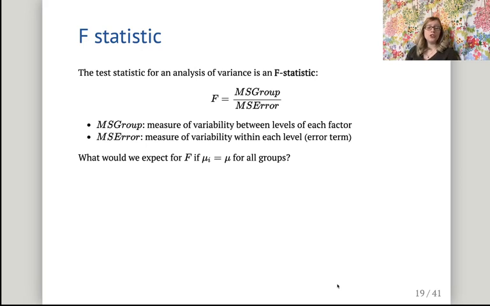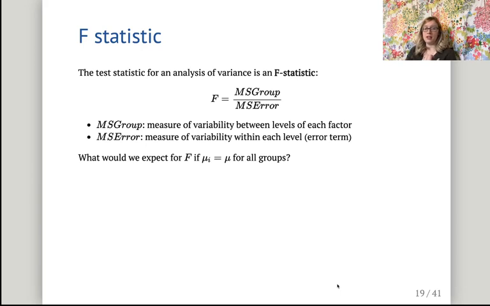Now, in order to finish out this hypothesis test, we need a test statistic and a p-value. The test statistic that we're going to use here is something called an F statistic. The F statistic is a ratio of two measures of variability. We calculate something called mean squared group, or MS group. That measures how different each of the group levels are, whereas MS error measures the variability of those error terms,